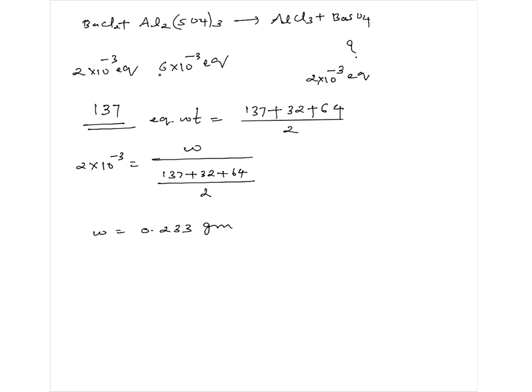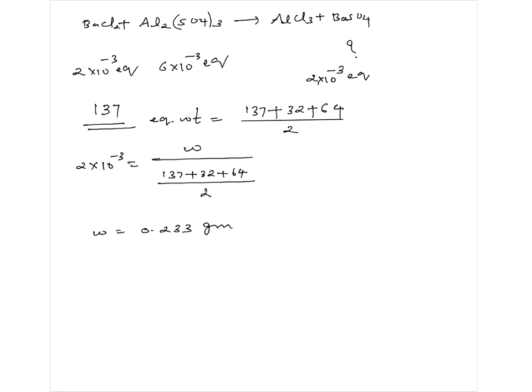So 2 will react, 2 will react, 2 will be formed, 2 will be formed, milli equivalents. 6 minus 2 is 4. 4 milli equivalents of this fellow will simply be lying in the vessel. Question was, how much barium sulfate? 2 milli equivalents. We can convert equivalents to mass very easily.